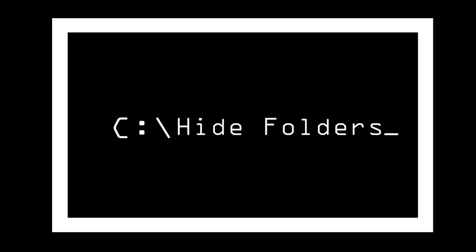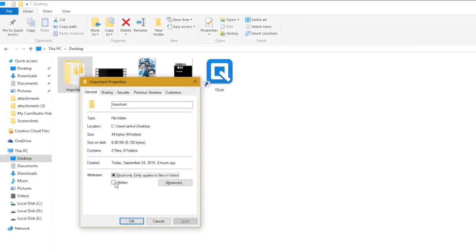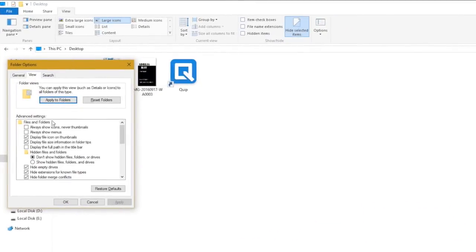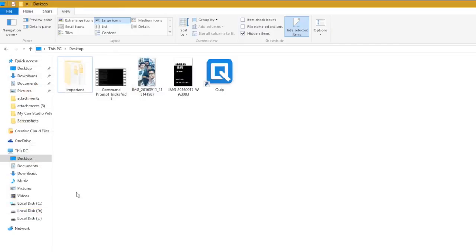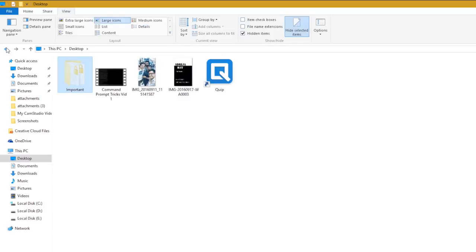Moving on, let's talk about some of those folders that you probably want to keep hidden. Now you can obviously hide them by checking the hidden property of the folder, but that will show up if someone changes your view options to show hidden files in folders, basically making it useless to hide them. Fortunately, this next trick will show you how you can hide folders in such a way that they are completely